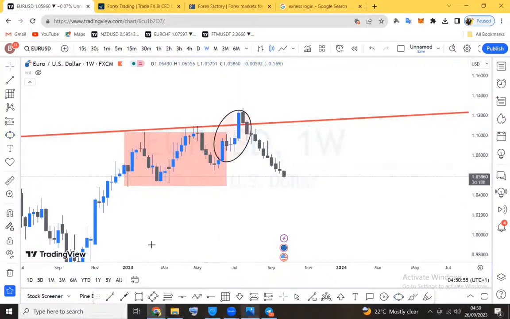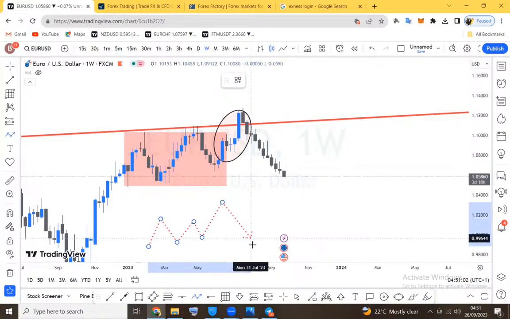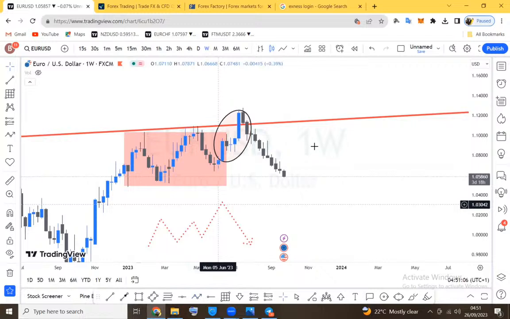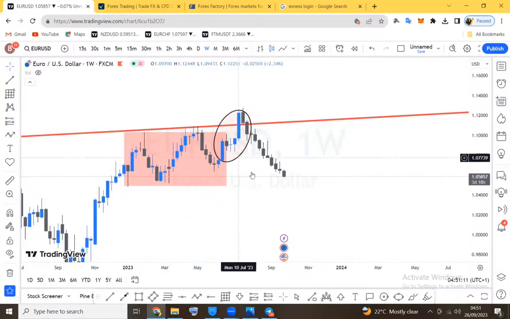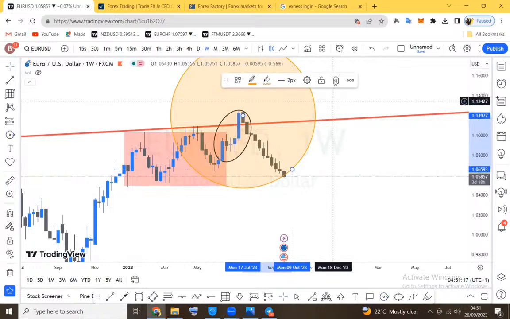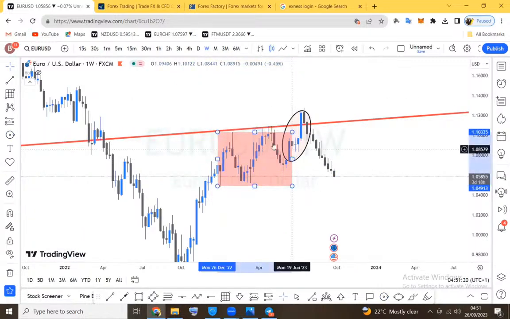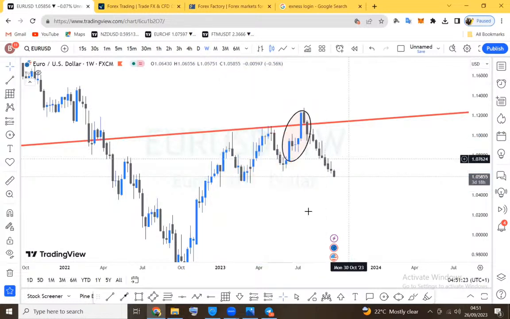So this is the pattern. We had a consolidation like this, and there was an expansion, and currently we are in a distribution phase. That is purely smart money concept applied to that structure. So we had an expansion phase, and now we're in a distributive phase on Euro USD. And so you should map the zone where we had that movement. So currently Euro USD is in a downtrend.